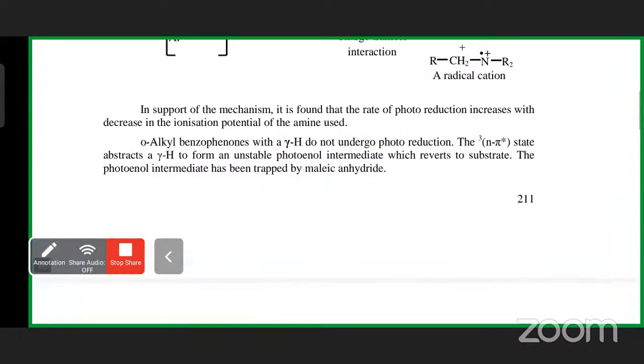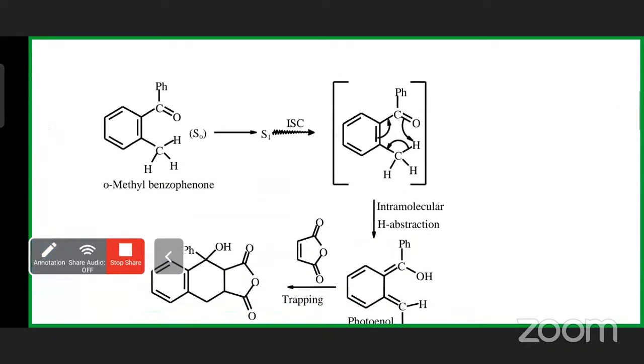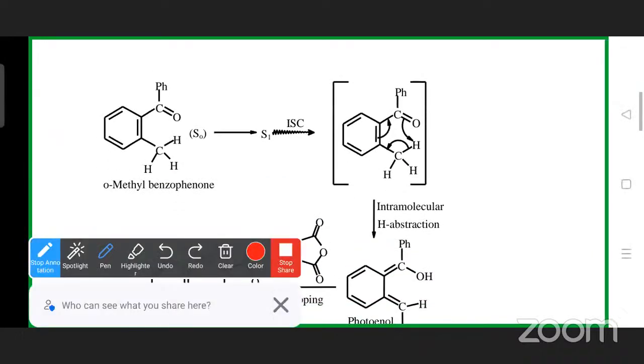So you can see the mechanism of how this takes place here. Right here, you see this is ortho-methyl benzophenone. Here the phenyl group is there, and at the ortho position you can see this methyl group. Instead of this homolytic cleavage of this bond, it is undergoing the photoreduction, meaning